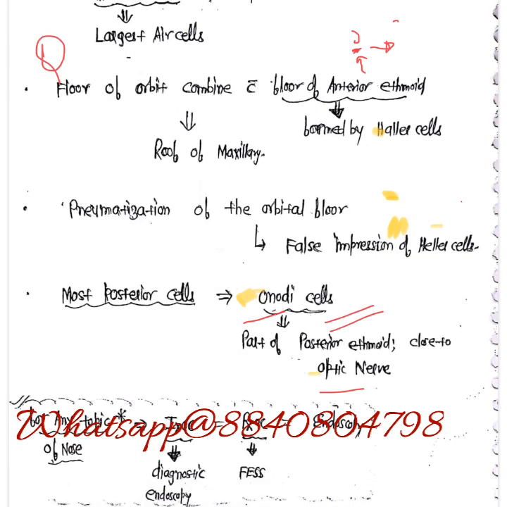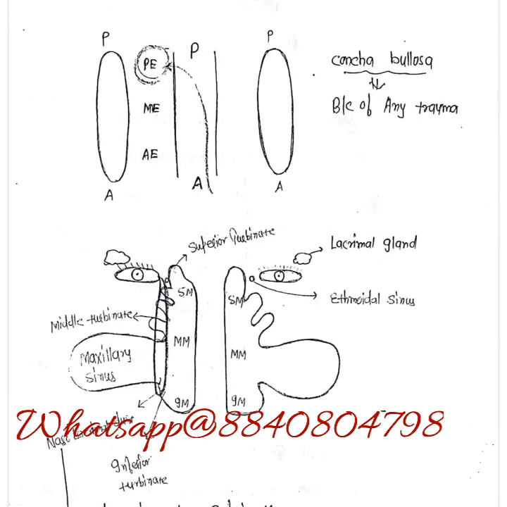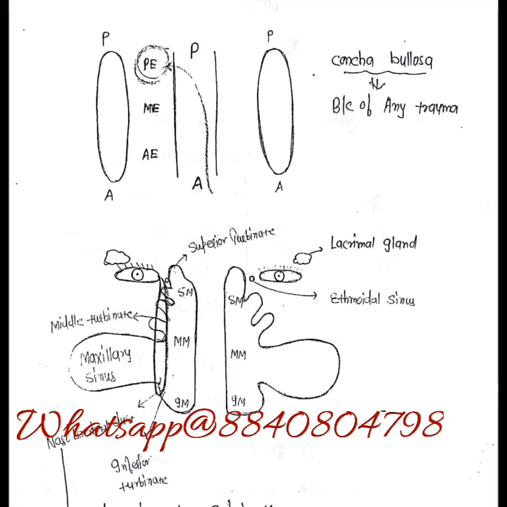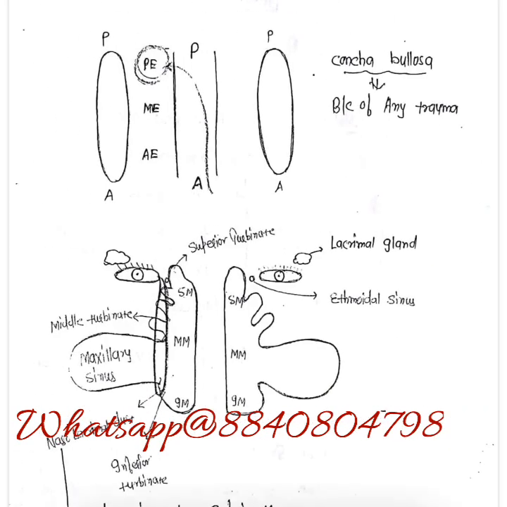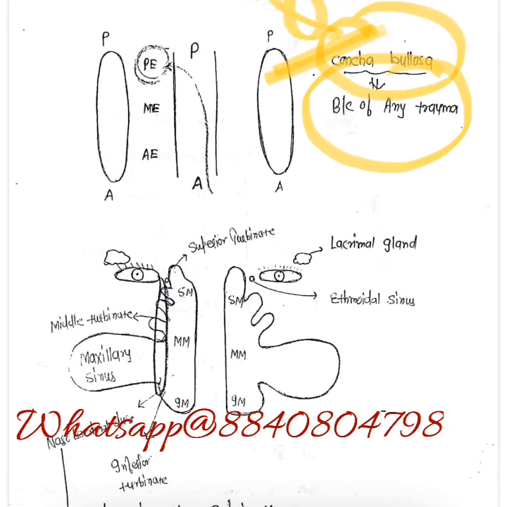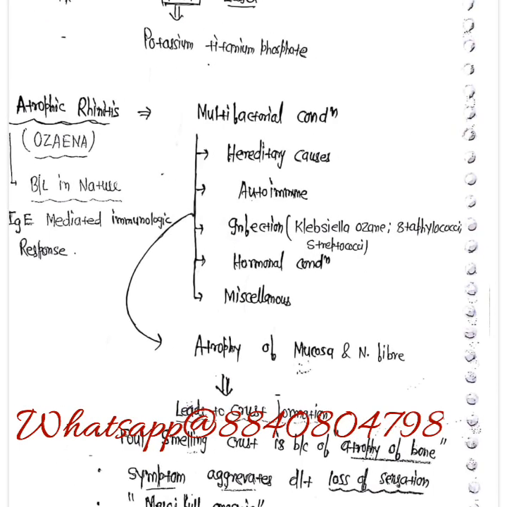There is another variation called concha bullosa, which is the pneumatization of a turbinate, specifically the middle turbinate. So it is a pathological structure. If you see a very large and big middle turbinate, it is the pneumatization of the middle turbinate, which is called concha bullosa. It can occur due to any trauma to the middle turbinate, the air gets trapped and it causes pneumatization. So concha bullosa is again the pneumatization of the middle turbinate, and it can arise due to trauma and any other cause. So moving to the